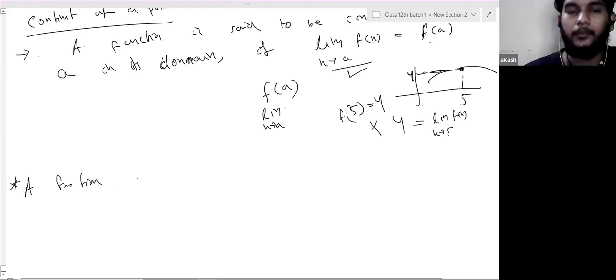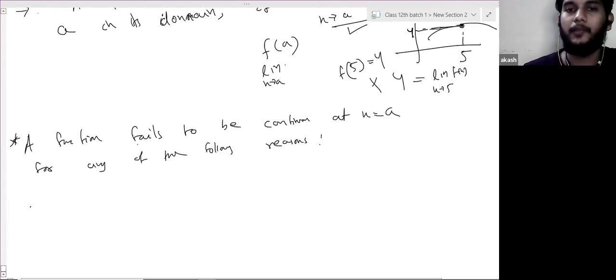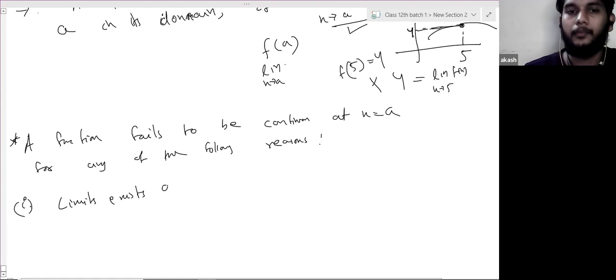If a function fails to be continuous at x equals a, it is for one of the following reasons. These are the reasons the function fails to be continuous. First reason: the limit exists at a but is not equal to f of a. What this means graphically,